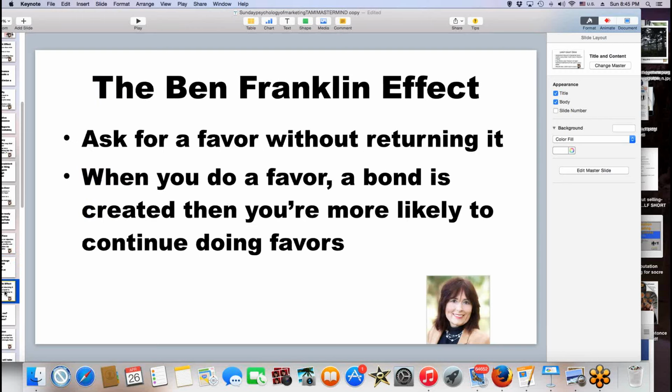The Ben Franklin effect is interesting. This is where you ask for a favor without returning it. And what happens when you ask someone a favor, and I was actually reading a Dale Carnegie book today, How to Win Friends and Influence People. And in this book he was actually talking about the Ben Franklin effect, but he wasn't calling it the Ben Franklin effect, but he was talking about how you can ask people for a favor, and it's like in